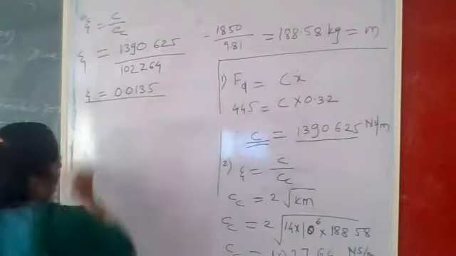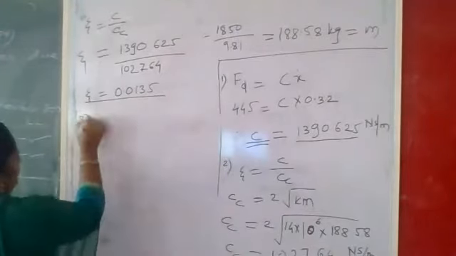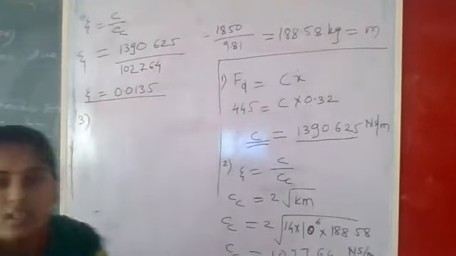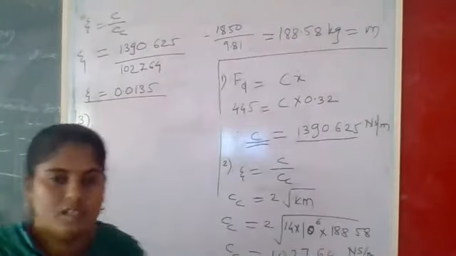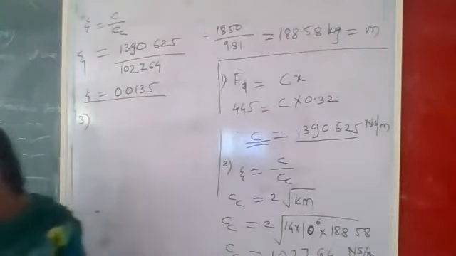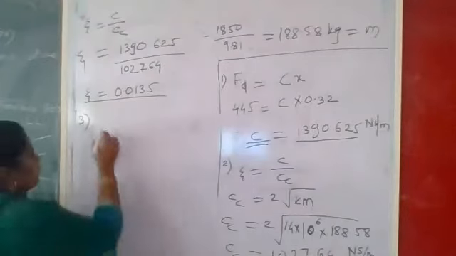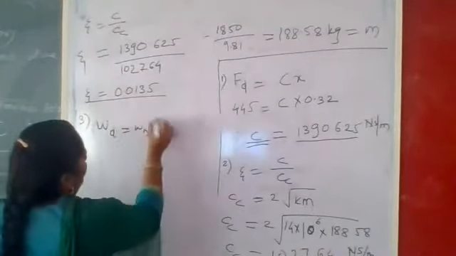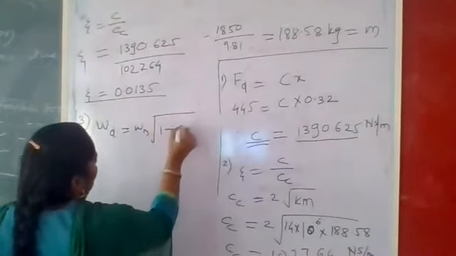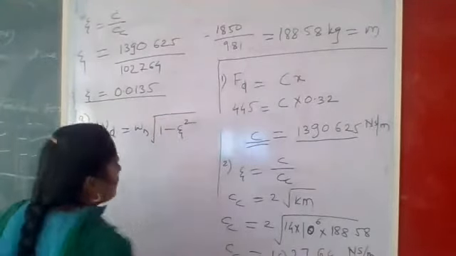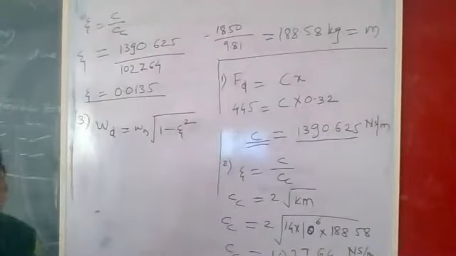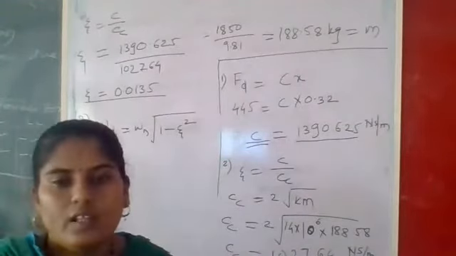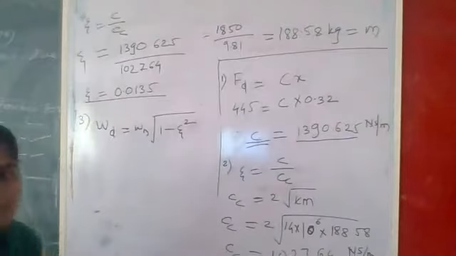Okay, good. Next point, I will write here. That is the third. We have to calculate the damped natural frequency. How to calculate it? How will we calculate? Already we know the formula. Omega d is equal to omega n into the bracket root of 1 minus zeta square. That formula already we know. So by using this formula, calculate the omega d. Who will tell me the answer?